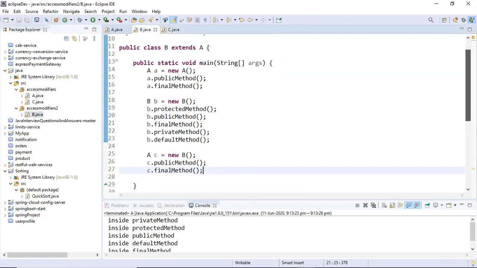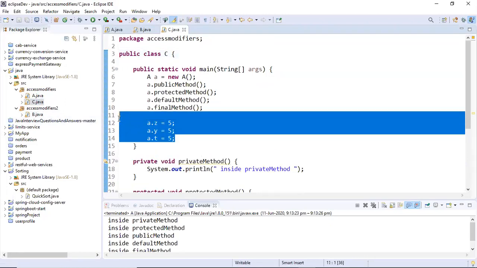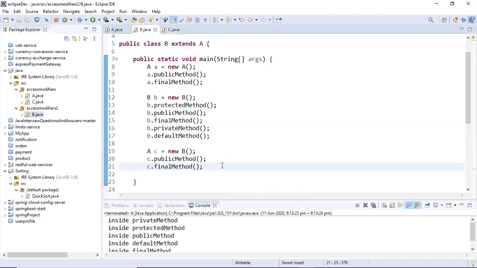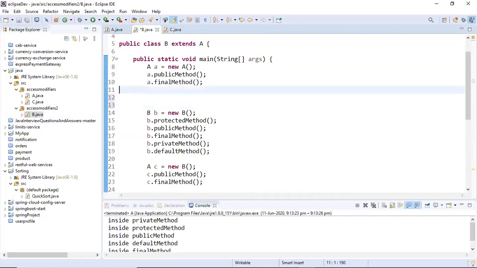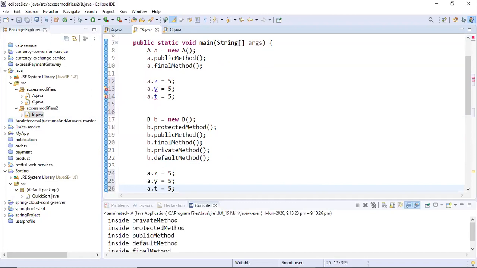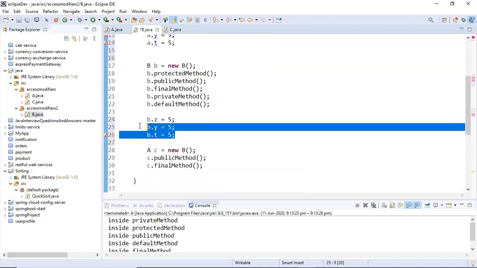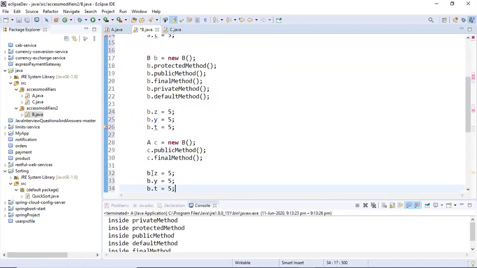Now let me see in case of B, which is in a different package and it is extending A. Let me copy paste it here directly and let's see what is going on. What do you think? Error. Here I will change it to B, and here I will change it to C, so that everything is crystal clear to everyone.